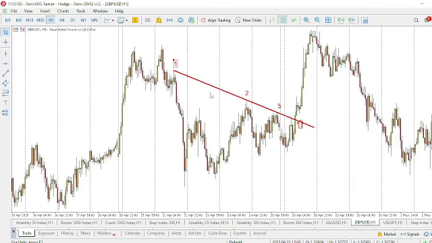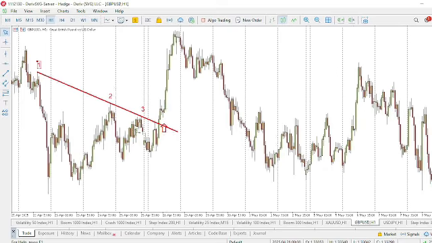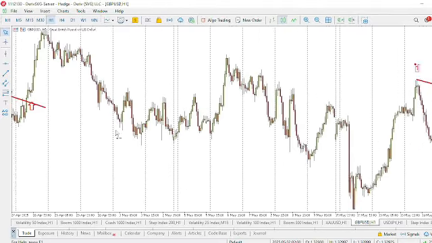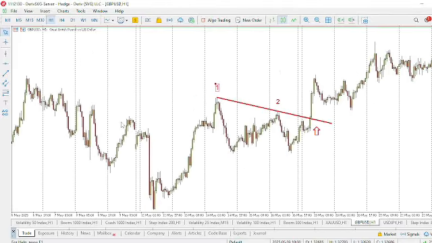Then we have this again, point 1, point 2, point 3. Then at the fourth touch, price broke through the trend line and then massively to the upside. What I'm trying to do tonight is to give you several examples, because I love that